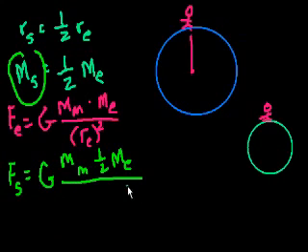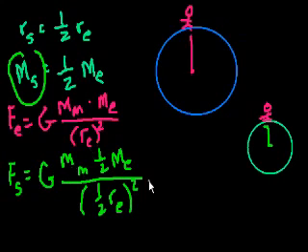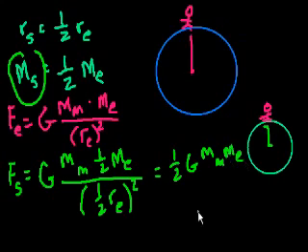And what's its radius? What's the radius now? I could just write the radius of the small planet squared, but I'll say, well, we know it's 1/2 the radius of Earth, so let's put that in there. So 1/2 the radius of Earth. We have to square it. And let's see what this simplifies to. This equals, so we can take this 1/2 here. 1/2 G, mass of me times mass of Earth over, what's 1/2 squared? It's 1/4 over 1/4